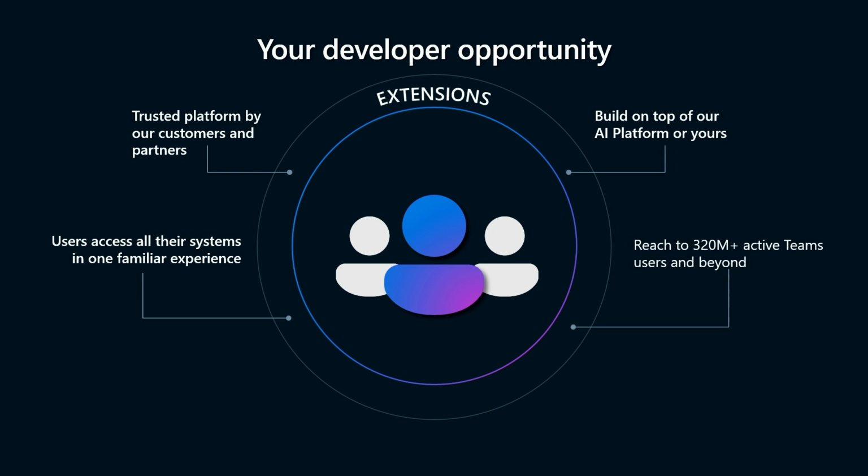We've mentioned numbers in the past, but there's a tremendous amount of reach with Microsoft Teams and other products that you're familiar with within our suite. The opportunity of having 320 million users of Teams every month is a huge opportunity for you to build on top of and be part of this experience, especially with lighting up artificial intelligence inside of it. Not only can you summarize the information that comes through with M365 data and your system data, but now you can actually act on it. You would have seen some of that in the keynote this morning, and we'll show you some more demos today from some of our partners that are highlighting how you can act on data as well as summarize.